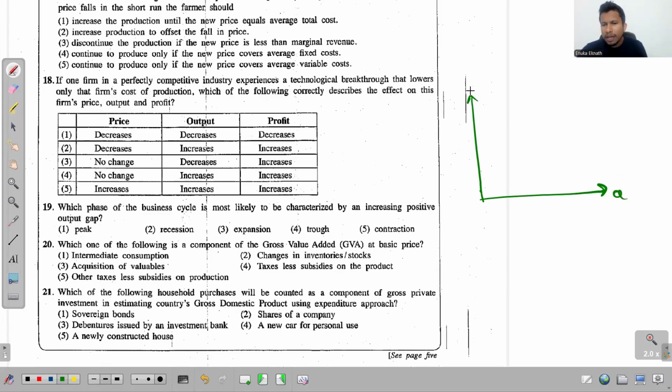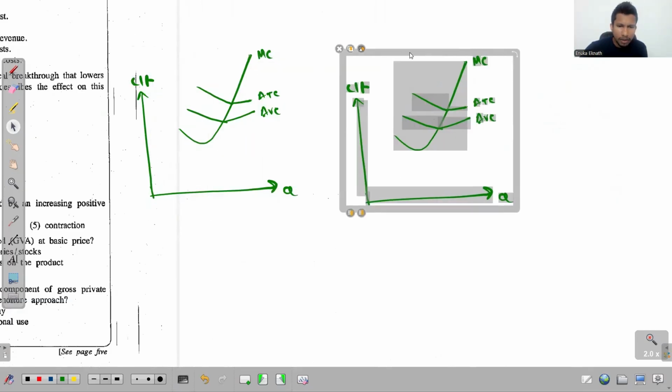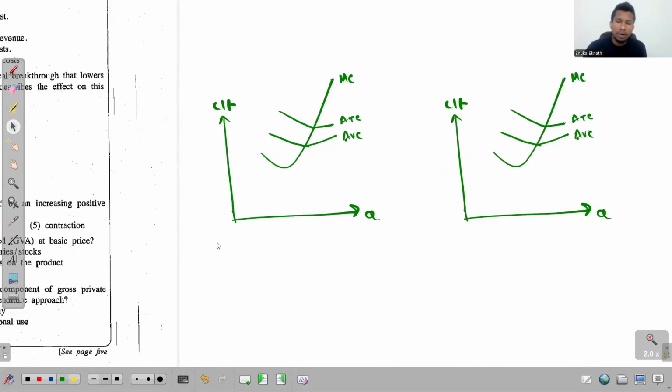So the quantity and the cost and the revenue both, right? Price and revenue all. So this is, let's say, the marginal cost curve, and this is their average variable cost, and somewhere here you find the average total cost. Now let's suppose it is something like this. Right, now let me take a copy of this to the other side. So these two are the same. Both are the same. Now watch what happens even though both are the same.